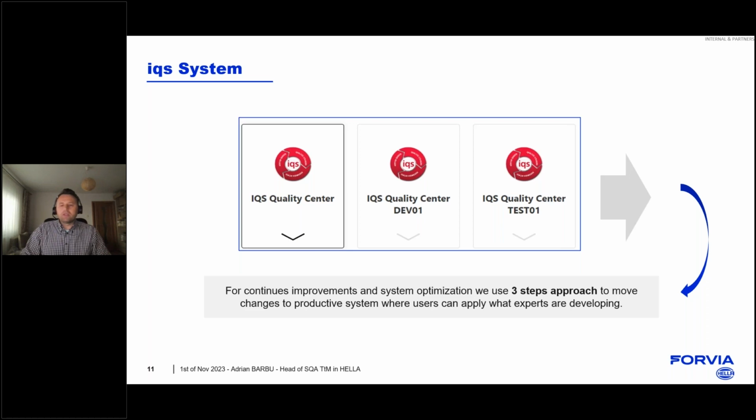So this is what I have presented, and how we are doing the IQS APQP system in HELA.